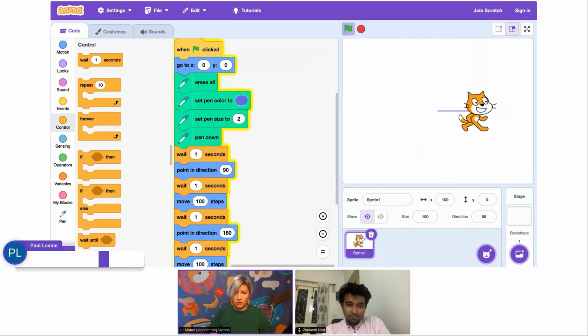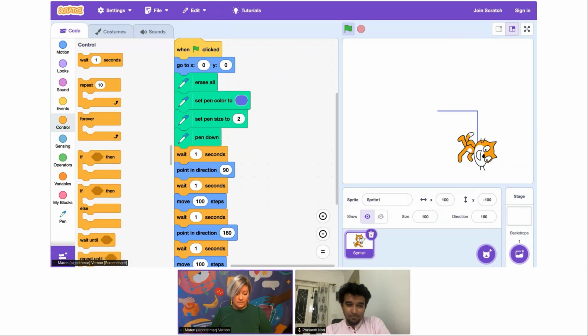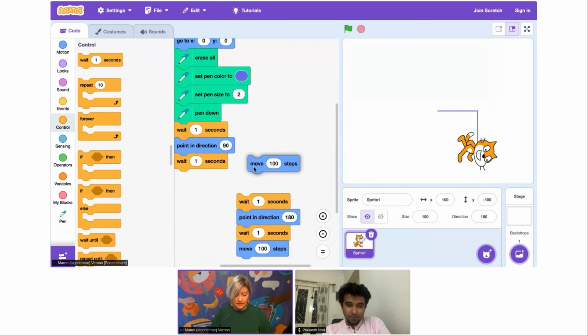So first turns, moves, turns, moves. While I can't adjust the speed of how fast the Scratch Cat goes with a speed block, I can introduce waits. The other thing I could do if I really wanted to slow it down would be to try something like, instead of move 100 steps all at once, maybe my more advanced learners are familiar with repeat blocks. And so maybe I'm going to repeat moving, see if I can do math, 5 steps 20 times, because that gets me to 100 steps. And so if I try that,